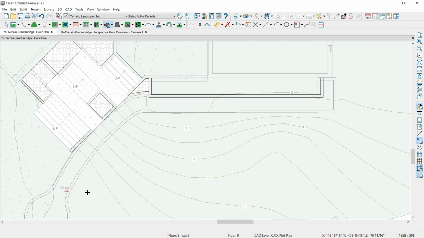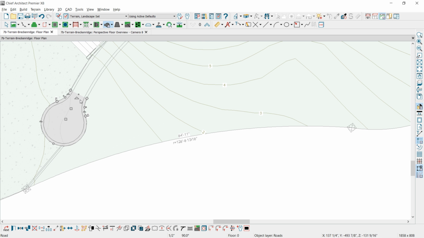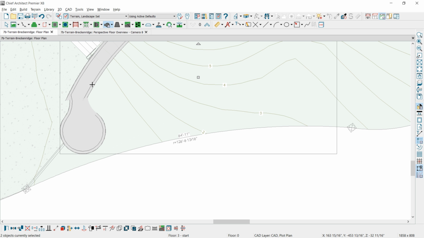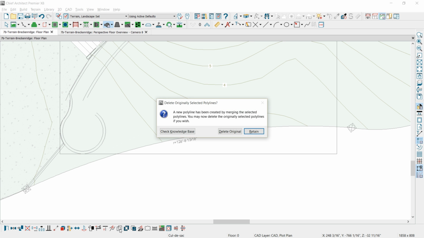I have to click on the edge of it, and once that's selected, I'm going to rotate it around and then try to reconnect it the best that I can and position it in the area that I want. Rotate it here just a little bit more. And I'm going to group select both of these items. With them selected, I'm going to use the tool called Polyline Union and select that, and the program is going to then use that as a merge. I'm going to select delete original,